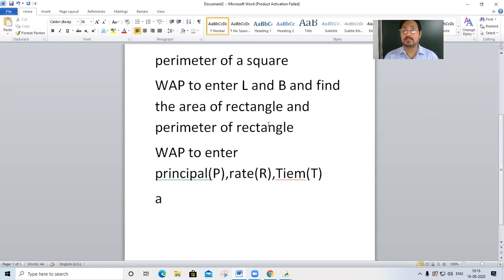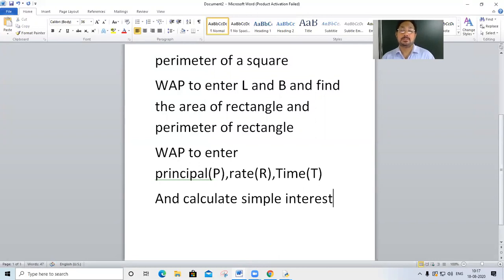Time spelling here I've written wrong. Okay, calculate simple interest. So this program I am making for you.